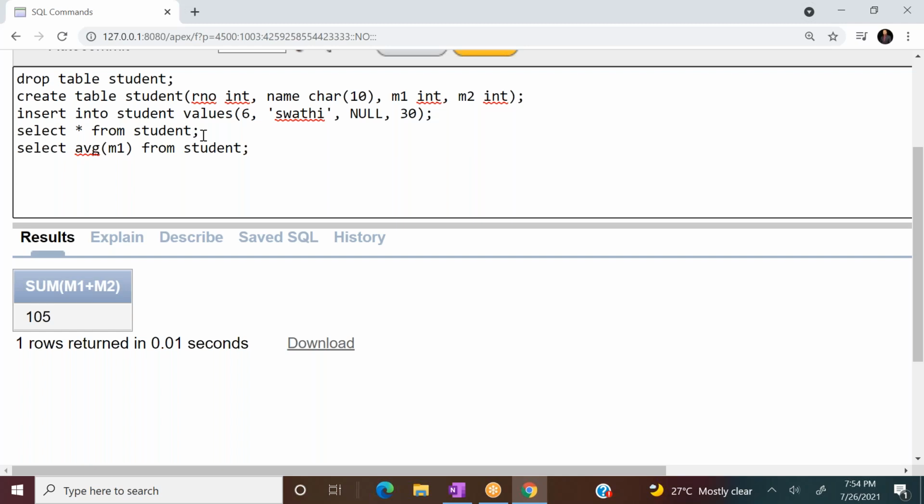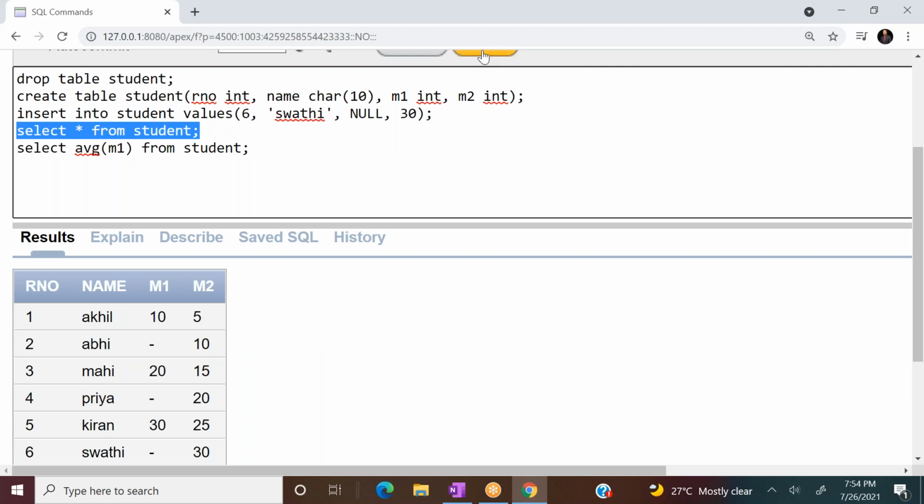So what output can you expect? Here I will give you some options.